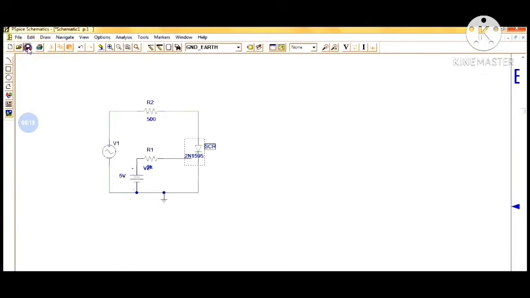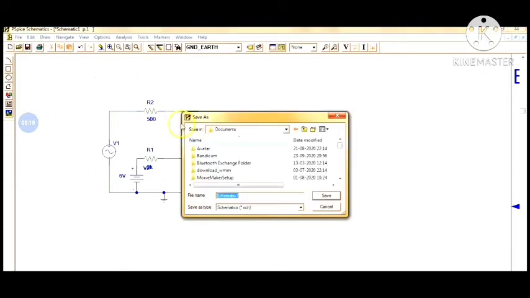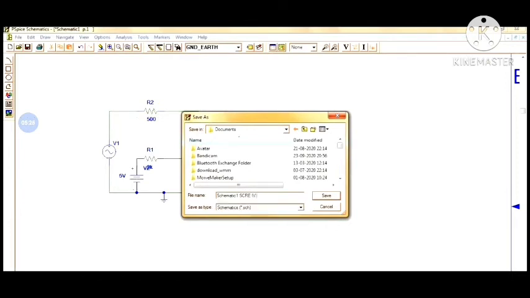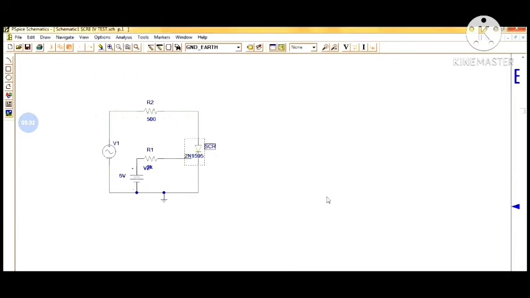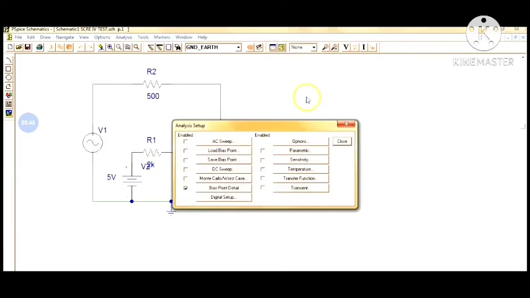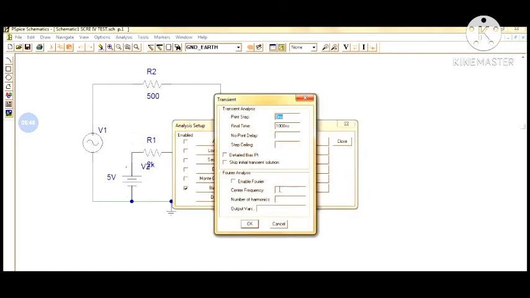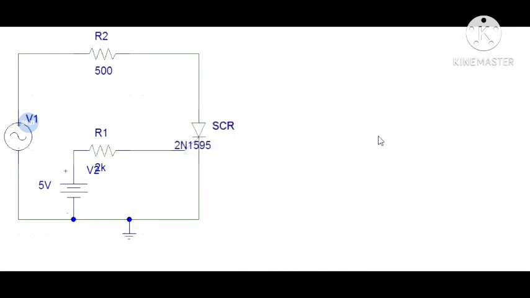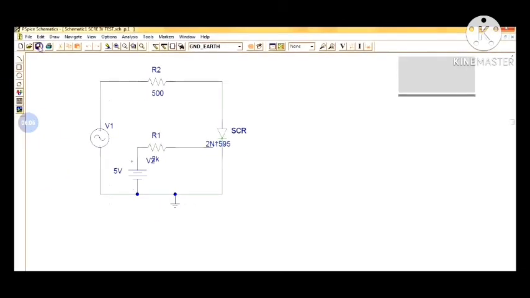Now save it. Now we have to fix the transient part, that is, the parameters, starting from 0 millisecond and ending at, you can put 100 millisecond or 1000 millisecond depending on the number of cycles you want to visualize on the graphical plot. Now just click simulate.